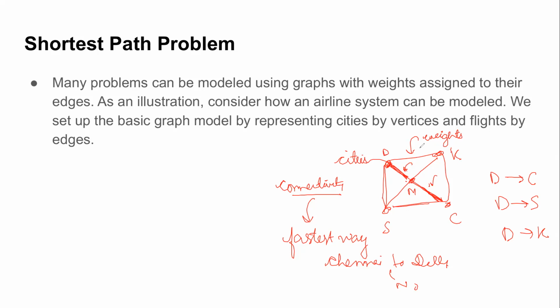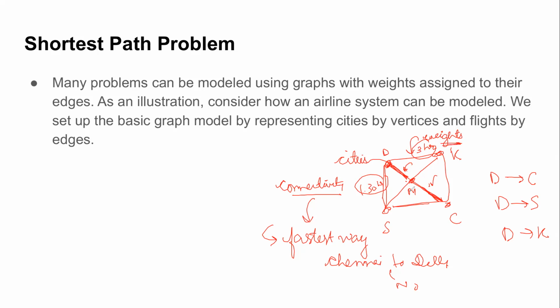Delhi to Kolkata may take, say, 3 hours, whereas Delhi to Srinagar takes just 1.5 hours. These values I had not put in there. It was an unweighted scenario. So you cannot answer the question of what is the fastest way, or anything dealing with quantity. As long as you just require connectivity, that is, whether there is a path, you can answer using unweighted graphs. But questions like what is the fastest way, what is the shortest way, what is the minimum value, what is the maximum value cannot be answered by unweighted graphs,